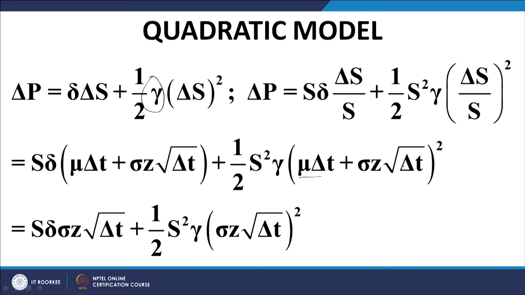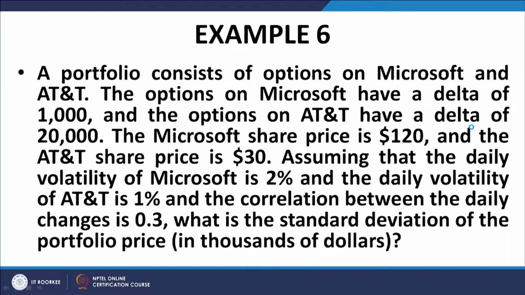We have this expression for delta P. In fact, this is for the quadratic model where you are not truncating the price change at the first term of the Taylor series, but truncating it at the second term of the Taylor series. A slight improvement in results, of course, naturally more accuracy will be there, and of course, at the cost of more calculations, more complexity. Right.